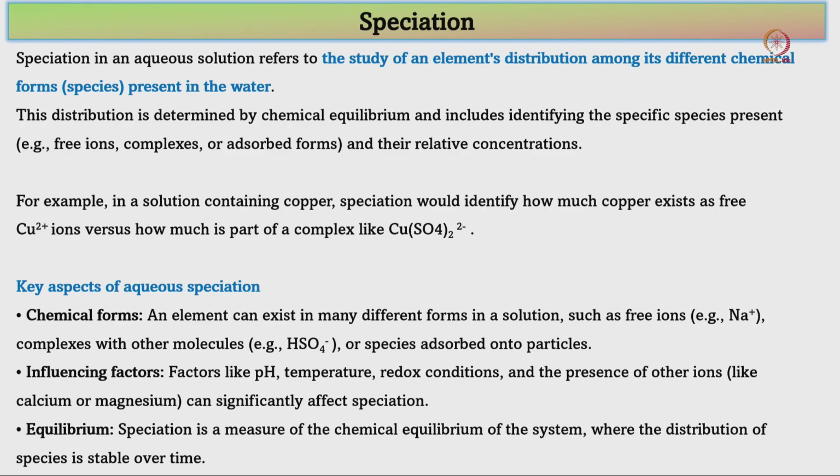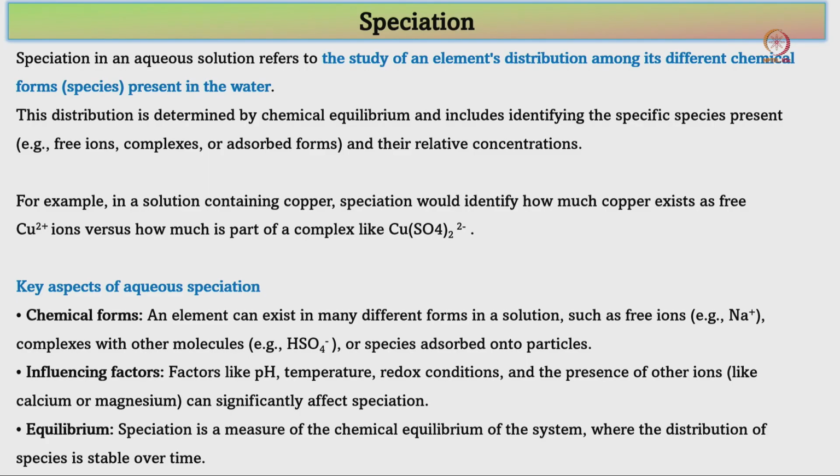It is not present as copper 2 plus or 1 plus ions, it will behave in the form of a complex. Okay. It will be more stable as a complex. So, therefore, we need to understand speciation of metals, and it is extremely important for